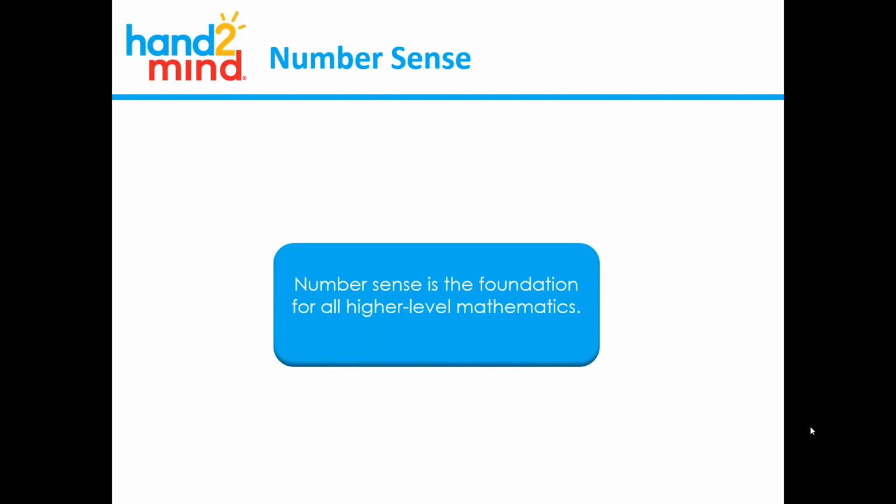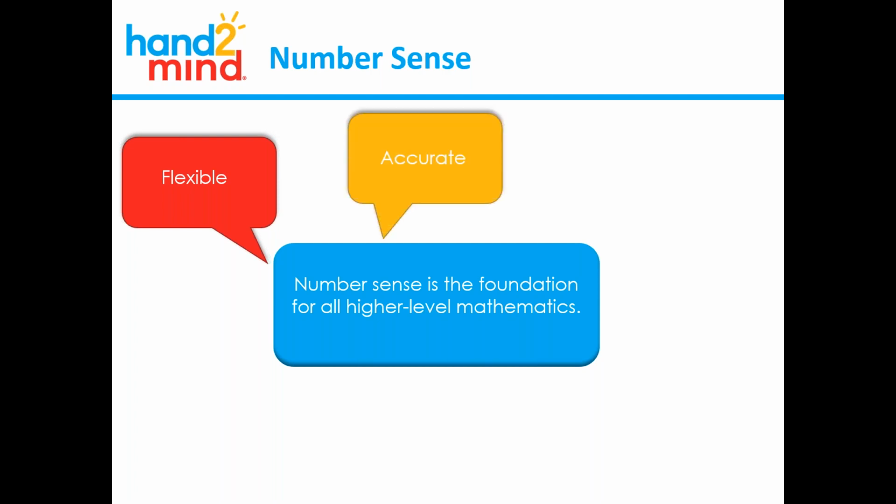So I wonder, are y'all thinking things like this? That when we think about a student with number sense, they're extremely flexible in their thinking, which we just found out is a huge skill for 2020. It's that cognitive flexibility. When students have number sense, they are accurate, and accuracy is still a very important part of mathematics, even though we don't necessarily want it to be the sole focus, but it is still important.